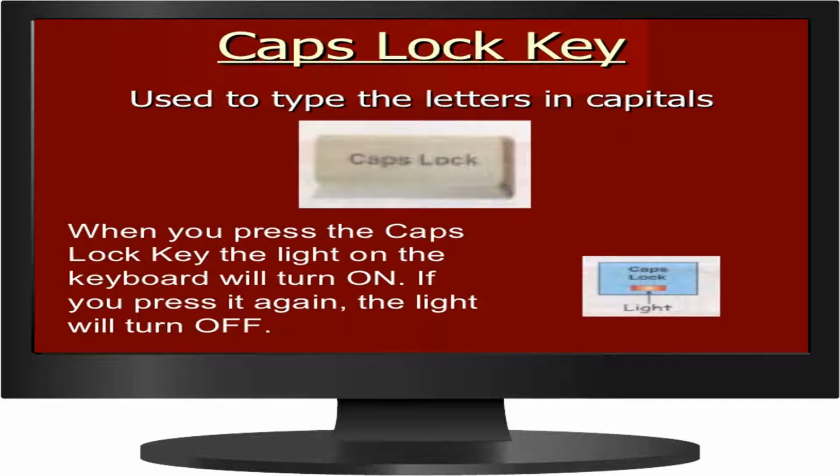When the caps lock is on, the light gets turned on. That means caps lock is on. Then you can write the letters in capital letters. And if you want to continue in small letters, then you can turn off the caps lock. The light of the caps lock key will get turned off and the remaining letters will be typed in small letters.